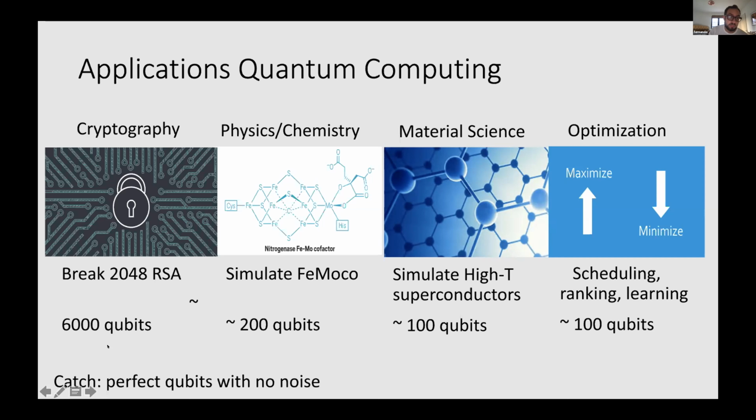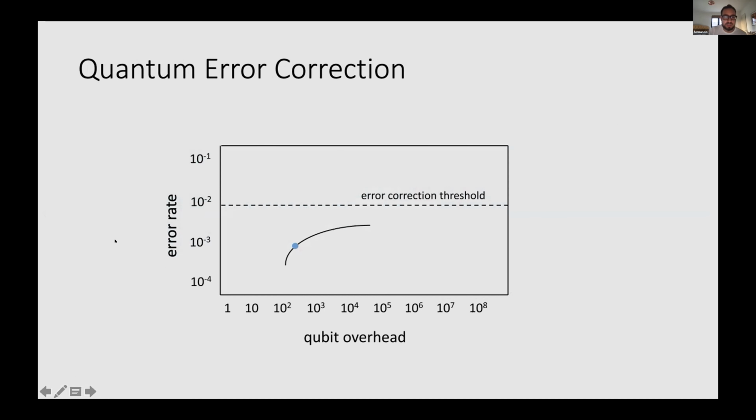But there is a very important catch here, which I put at the bottom: this is assuming perfect qubits and perfect gates, and we don't have them. What we have in the lab are error rates for each component. But why we think we might one day still have a quantum computer, even though it's not an easy task, is because in the last 30 years or so, the community developed the idea of quantum error correction and fault tolerance. So if you look at the error rate in this plot, the error rate of the gates in our quantum computer,